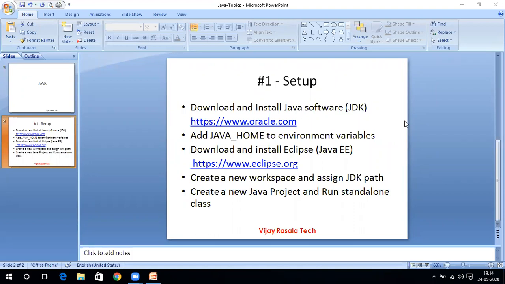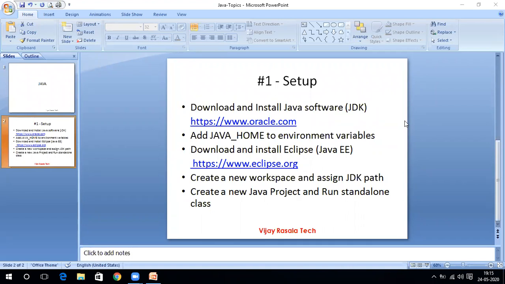Now I'm going to talk about the Java environment setup, which is required to run any Java project. And I'll talk about setting the Java environment in the environment variables as well. Then next we are going to download the Eclipse tool, which is required for Java development, and the installation and everything.